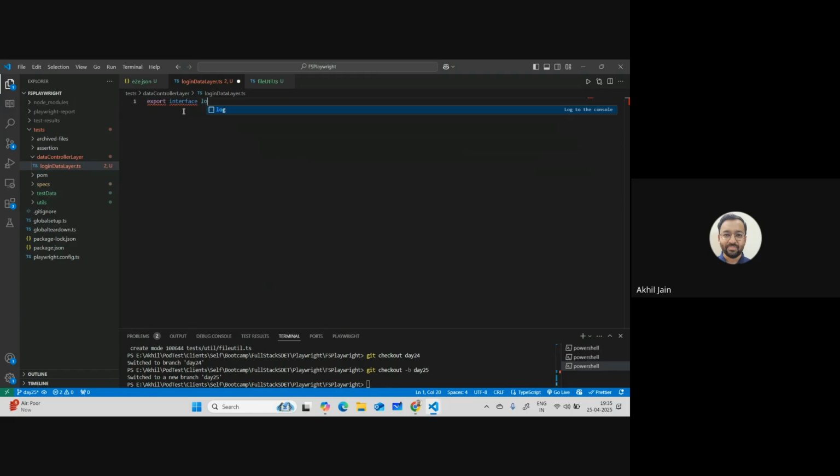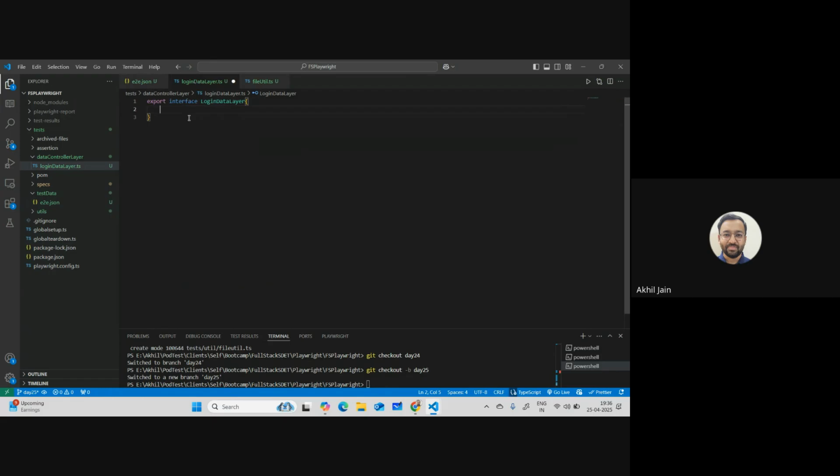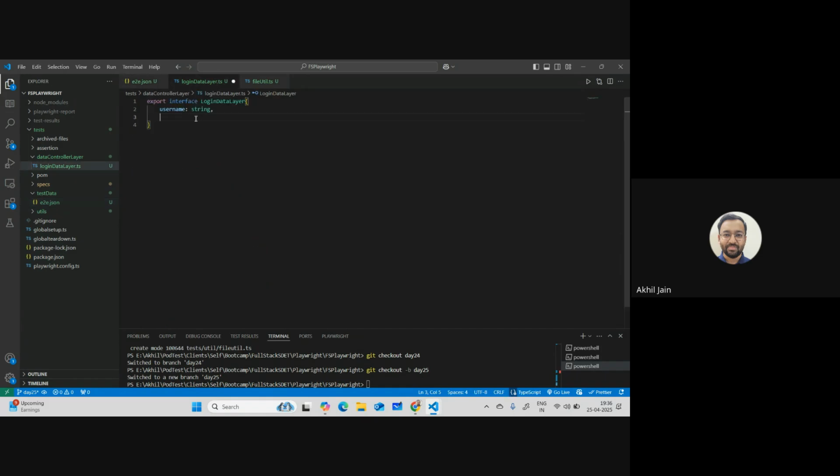So login data layer. Let me call it with L capital, and we'll have what we want. We want two things, right? Username and password. Let's copy this out. The username, which is of type what? It would be of type string, right? Great. What is the other thing? Password. So it would be of type